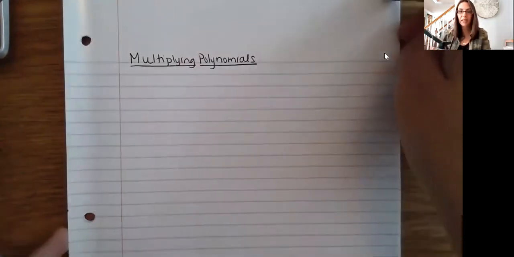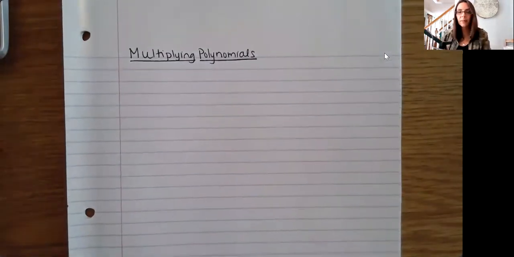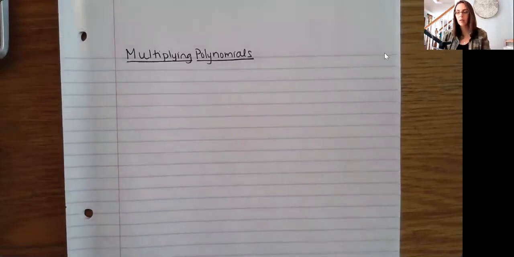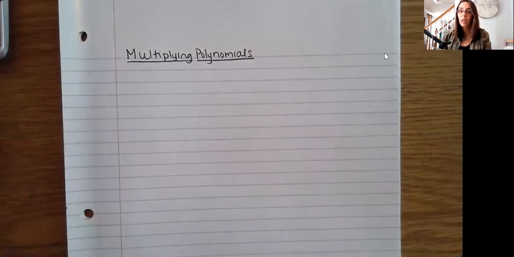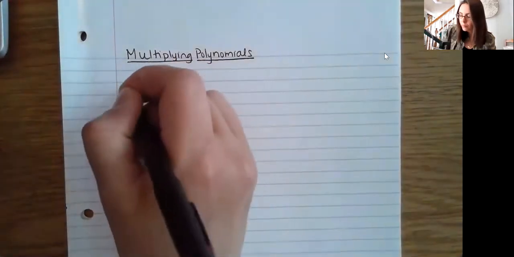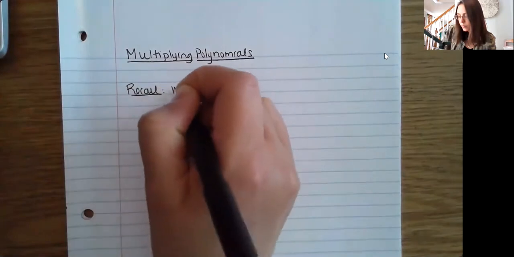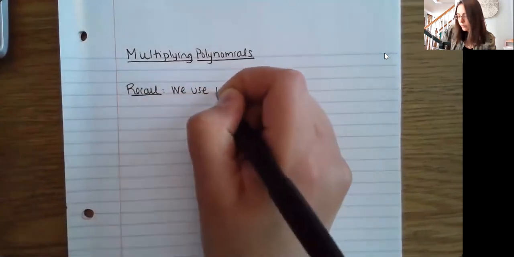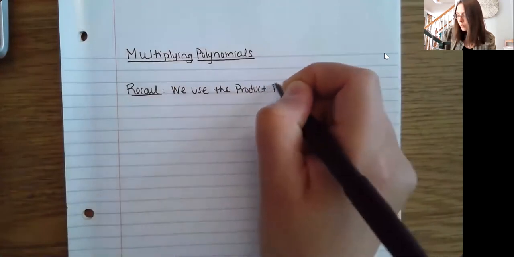And really our goal is to just stay nice and organized so that we can read them and follow along with them later. All right, so for multiplying polynomials, the best thing to do is to really just do a whole bunch of examples. So one thing we want to note here is that when we multiply polynomials, we use that product rule